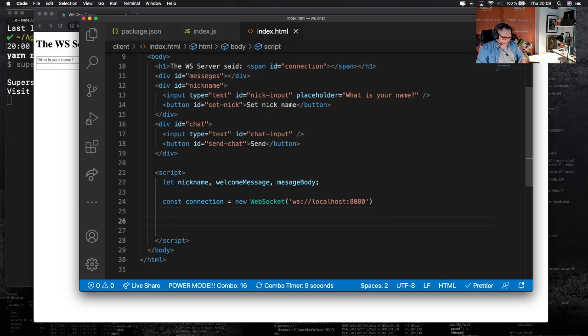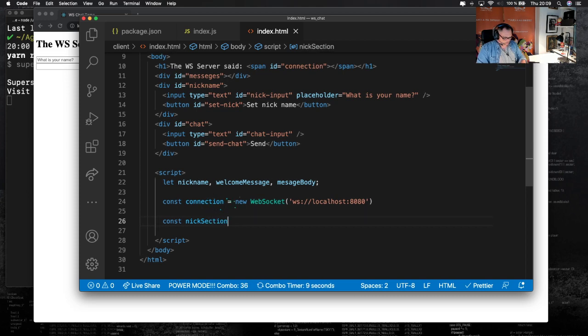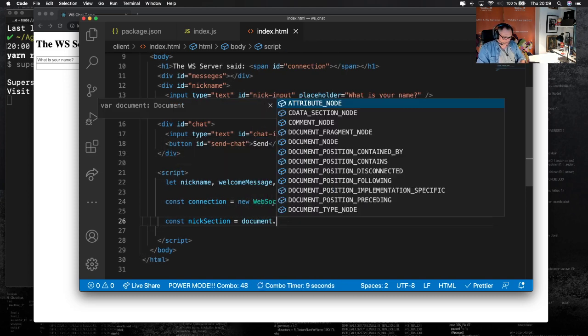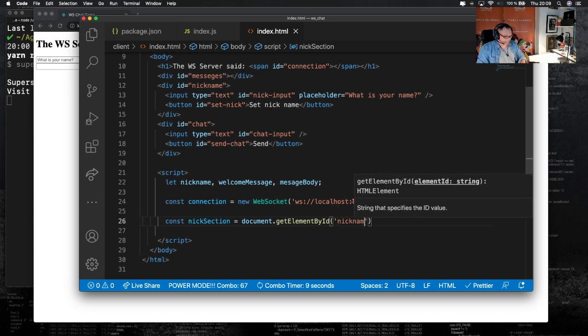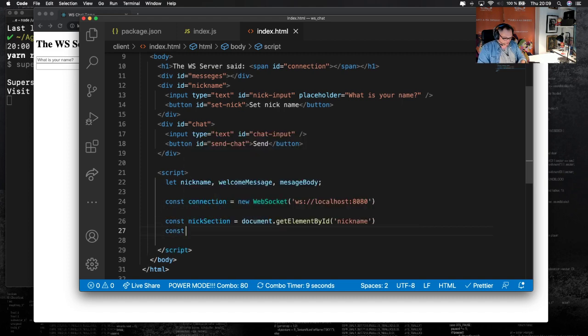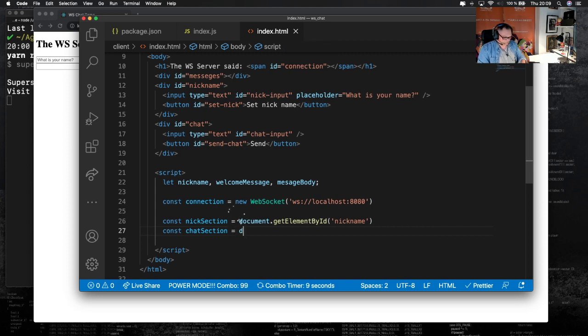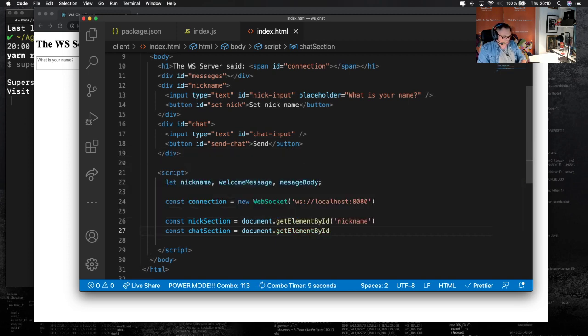So I'm gonna just say const nick section equals document get element by ID, and that would be nickname. The naming could be a bit off, but doesn't matter. And then we say const chat section